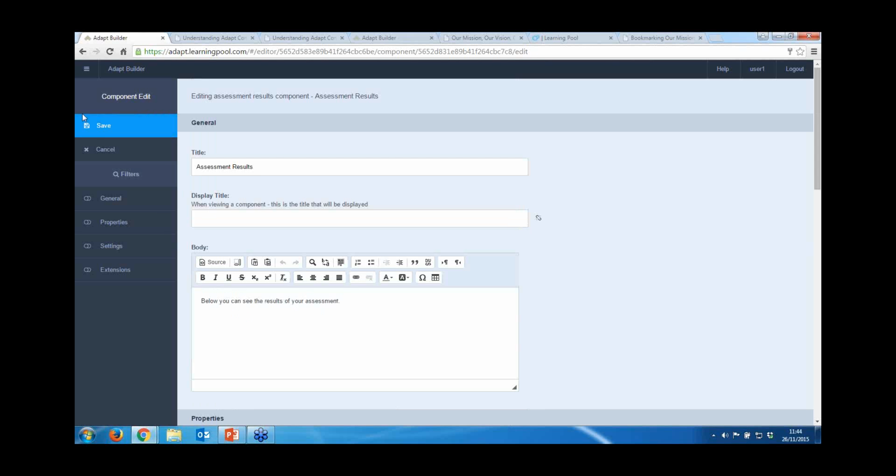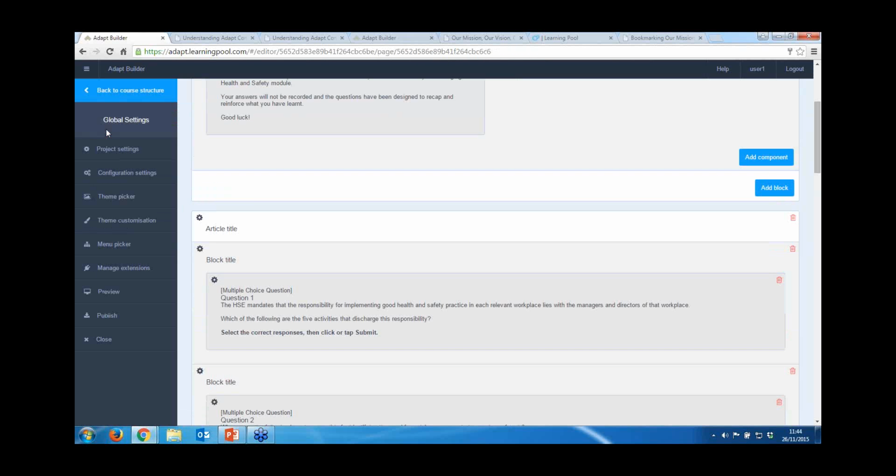So once you've set up assessment results, you can just click save, and then your assessment is fully set up and you're ready to go. You can just publish the course then and add it to your LMS. It is set up on the LMS just as normal. The only changes are you would set grade to highest grade and you would set the actual pass mark in